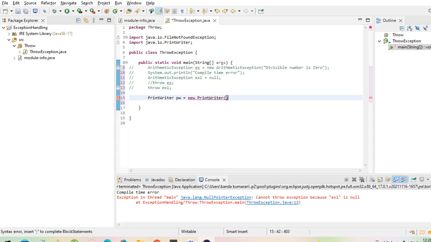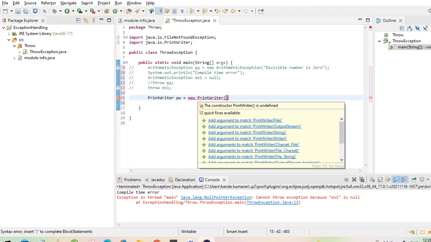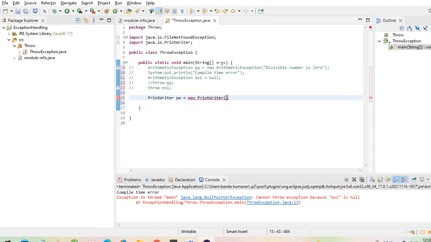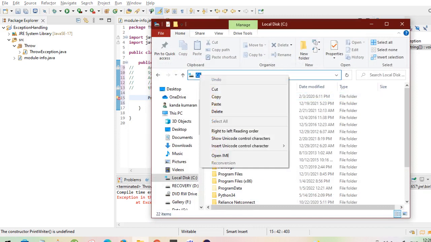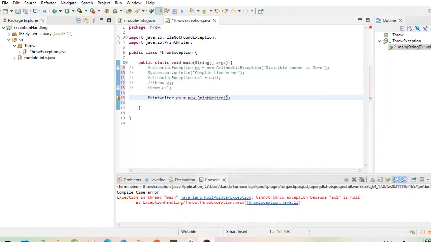On hovering, it is asking to pass certain things like an output stream or a string, anything you can pass over here. So I'll give a simple file location now. I'll copy this location and paste it over here. I'll name it as a file.